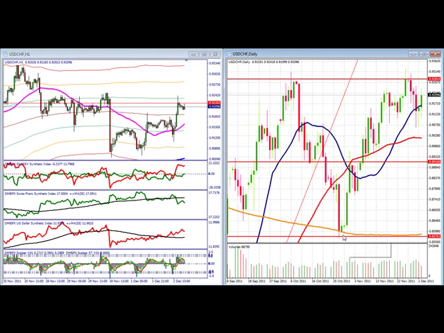Here we can see a much larger range, beautiful move. But what's more important is this 0.92 that we failed at, we also failed here. So now as far as chart patterns go, that's a double top. Here we see the 20 moving average holding up as support. We'll have to see. We also see all these wicks here at